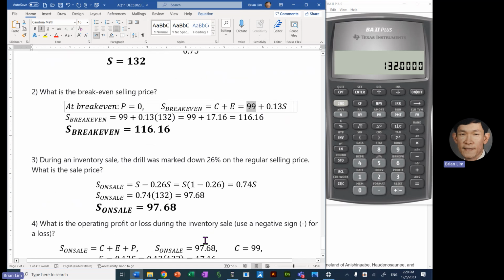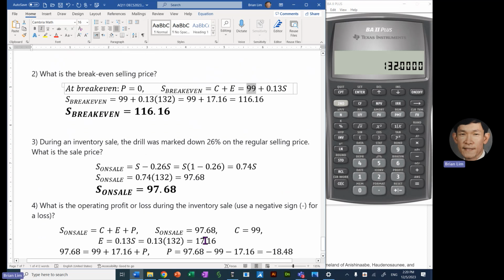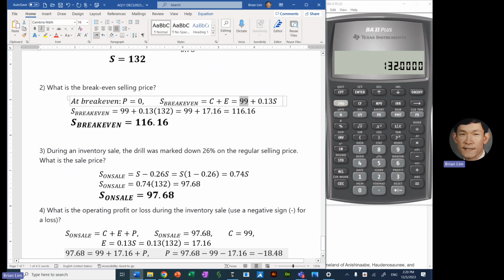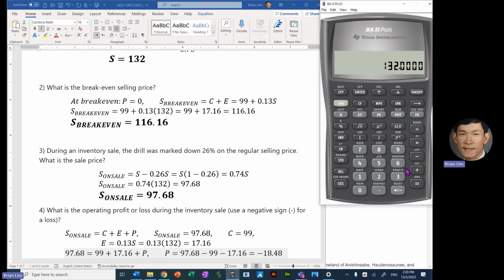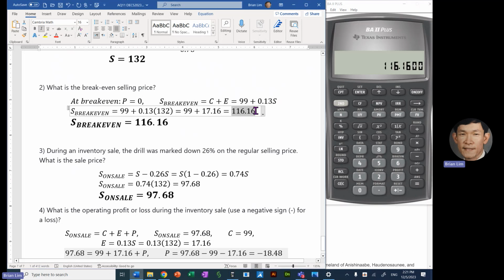So with that, we can insert the $132 into the formula and put the 99, which is the cost, plus 0.13 times 132. Okay, so we have the 132. We could multiply by 0.13. We could get an answer for that, 17.16, which is this number right here. And to that, we add $99, which is the cost. And that gives us $116.16. So that is the break-even price,